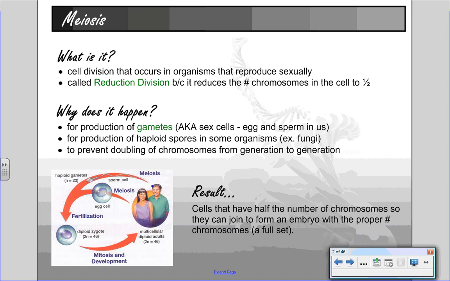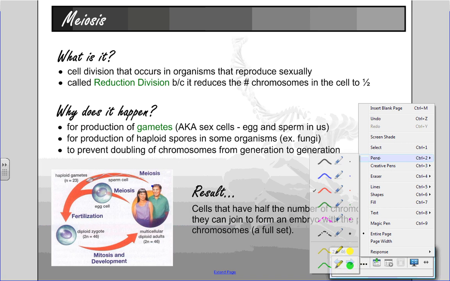So meiosis is the other type of cell division. We've talked about mitosis. Mitosis happens in order to repair tissues, in order to develop an organism, in order to replace damaged tissues. It happens in asexual reproduction. It's the only type of cell division. But meiosis is a type that happens